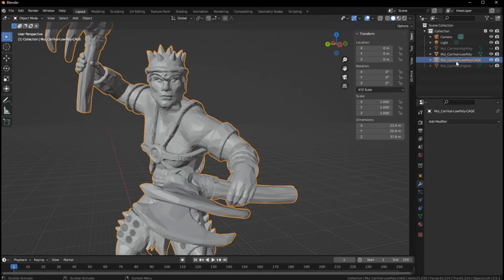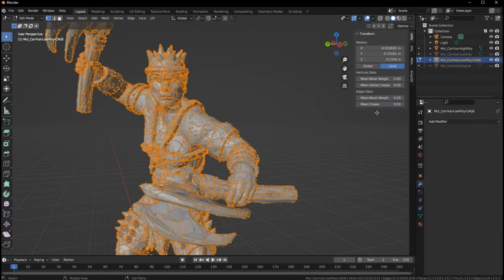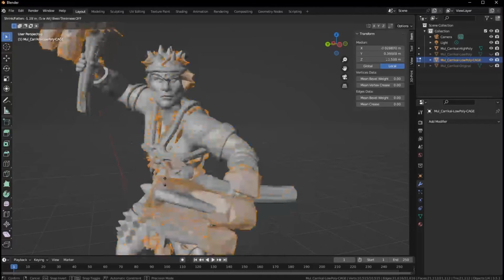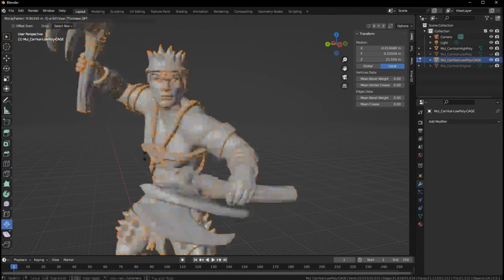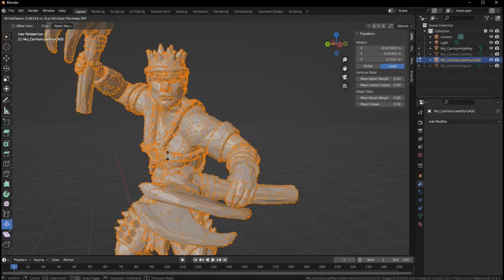But we're going to take this low poly cage and we're going to hide our other one. And well, actually, let's get the high poly model. We want to see that one. And let's take the low poly cage as our thing, and we're going to go to edit mode with it. In edit mode, hit A to select all, and you can hit Alt S to open up this option of floofing and shrinking, or you can use this tool over here, which is the shrinking and fattening tool. So if you click that, you get a little handle, and you can kind of poof it up, shrink it down, poof it up, shrink it down. We want to get him floofy. We want him just floofy enough to